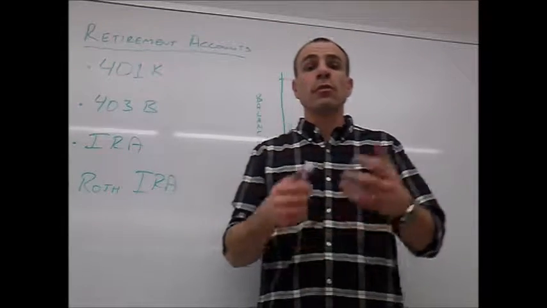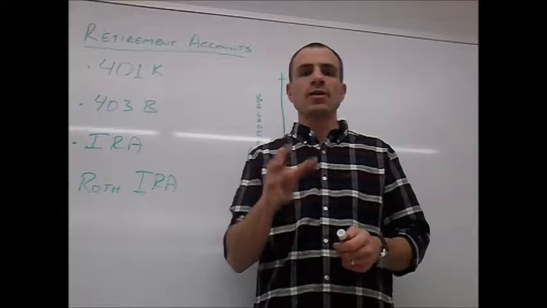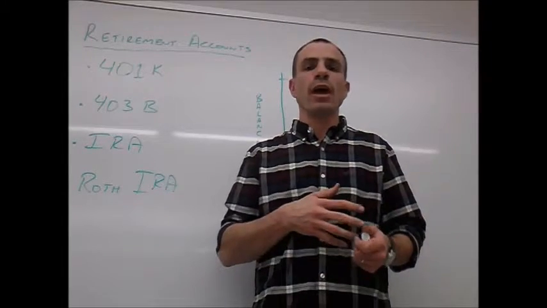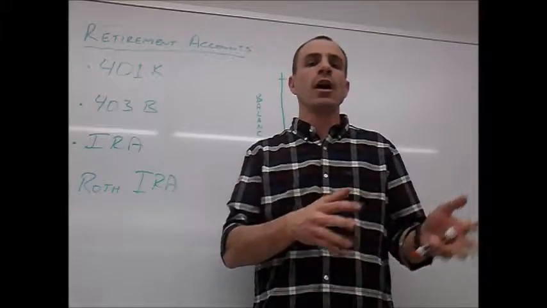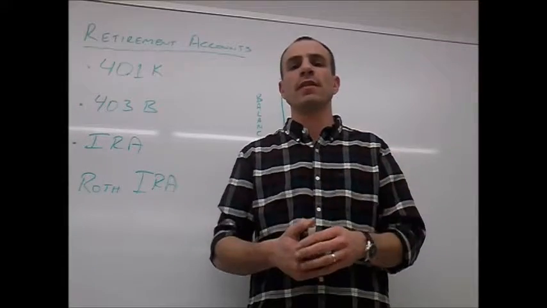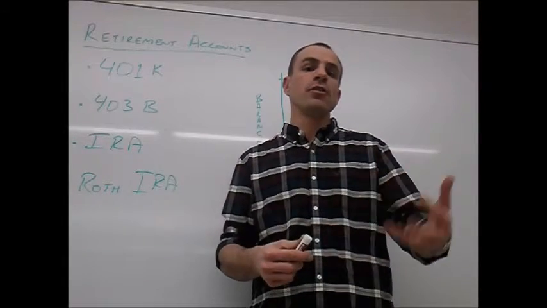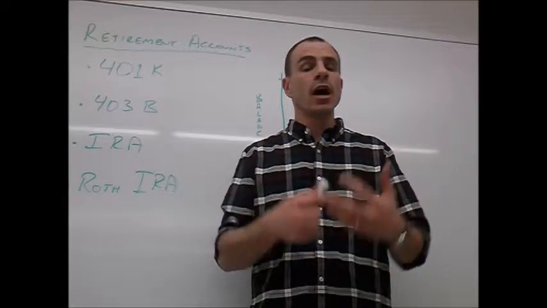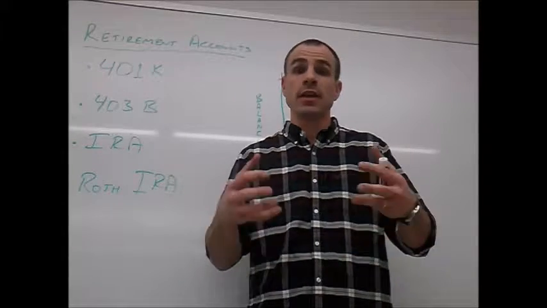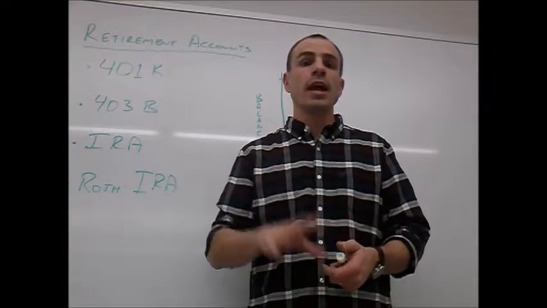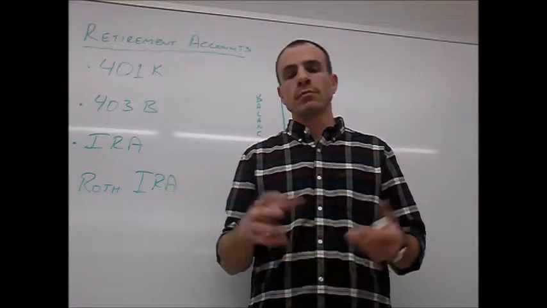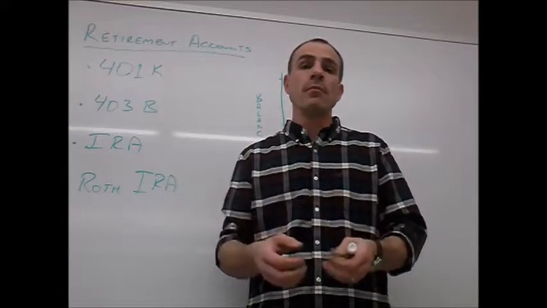Okay, and as a reward for doing that, what ends up happening is the company that you work for will match a certain amount. So let's say that you put away $100 a paycheck. Well, for every $100 that you put in, the company puts in 25 or 15 or something like that. So basically, you're saving $125 a month, but only $100 of that money is actually yours. The 25 is like a free, hey, thanks for doing this, $25, here you go. And you put that $125 into the account, and then some kind of financial expert, or hopefully they're an expert, will then take that money and invest it.